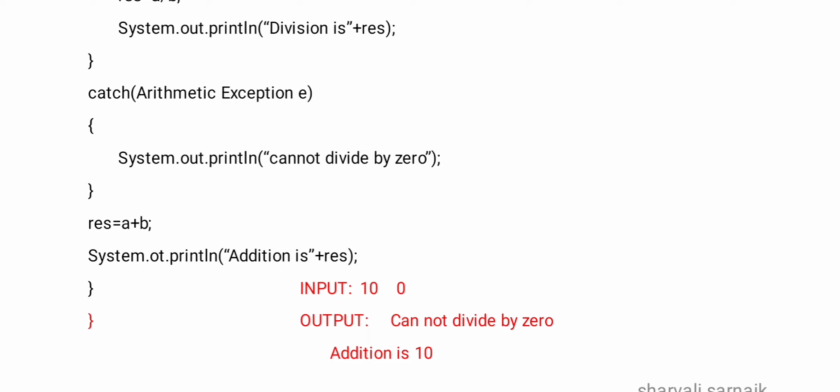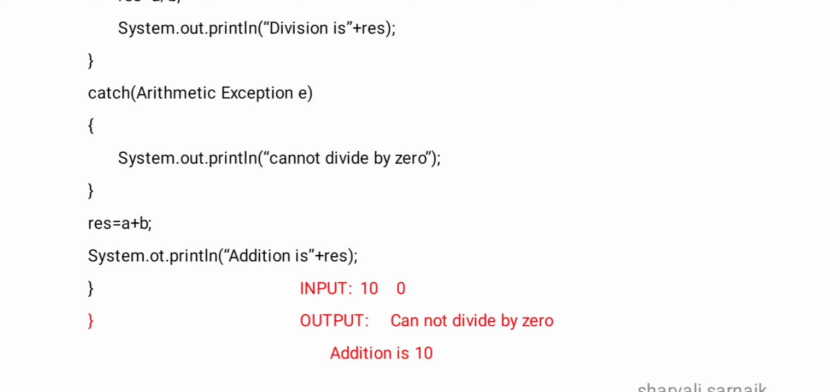In any case addition logic will be working, like if user had given non-zero or user had given a 0 value, in any of the cases the addition logic should work. So I had not written it into a try block, neither does it contain any catch block. So res is equal to a plus b and it will give a correct answer.